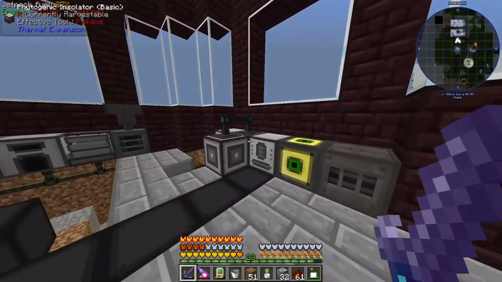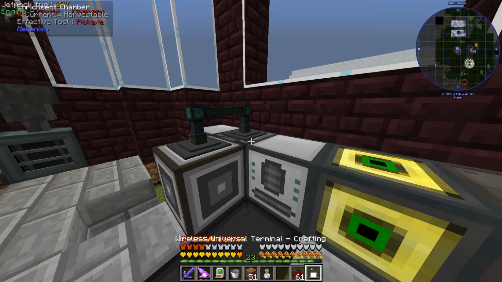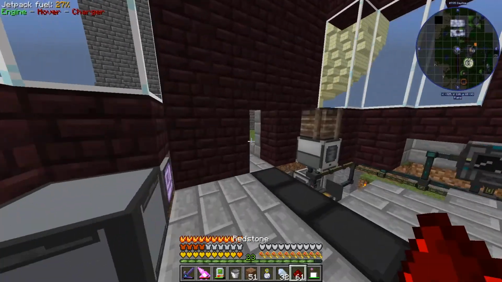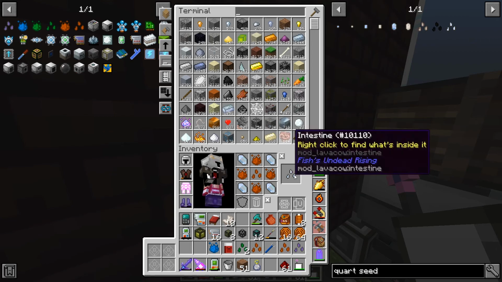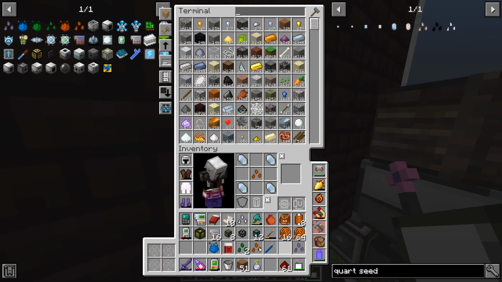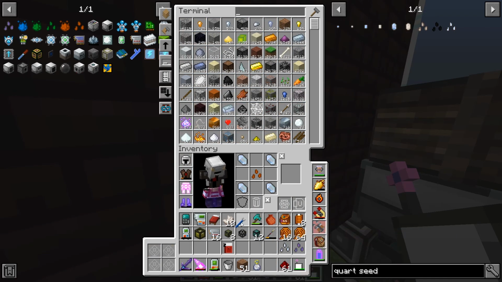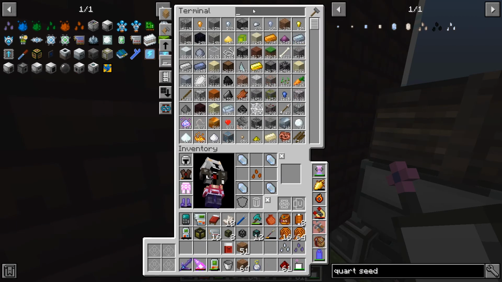And I believe we put this guy in the enriching chamber. Yeah. Alright, let's speed him up. Grab that. We can craft it right here as well. Oh, yeah, we have both of our seeds. We have our certus quartz and our Fluix. So I believe from this, we should be able to get everything, right? I'm also going to grab a little bit more dirt. And I'm also going to get...